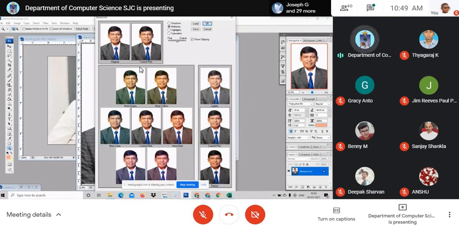You want this color, this color, this color. See, you can go for all these changes. Here also you have options like shadows, midtones, highlights. Out of all these, highlights will be better. Shadows, midtones, highlights will be better, right?